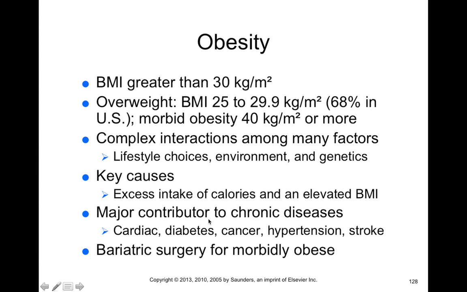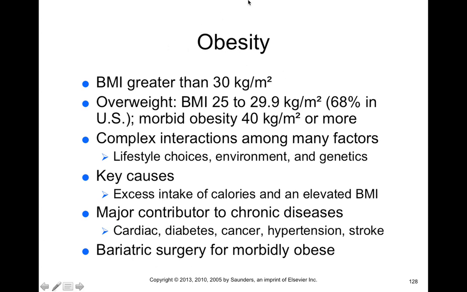Now, obesity is one of the major contributing factors to different chronic diseases like cardiac problems, diabetes, cancer, hypertension, and stroke. In fact, if you look at this list, it is the leading cause of death in the U.S. You're talking about cardiovascular disease, so heart disease, hypertension and stroke. These are the leading causes of death, followed by cancer. And diabetes is definitely a risk factor for these three, possibly even cancer too. So basically, another way to put this, you guys, is that the way we're living is killing us. And maybe the way our ancestors lived is also killing us, but let's not go